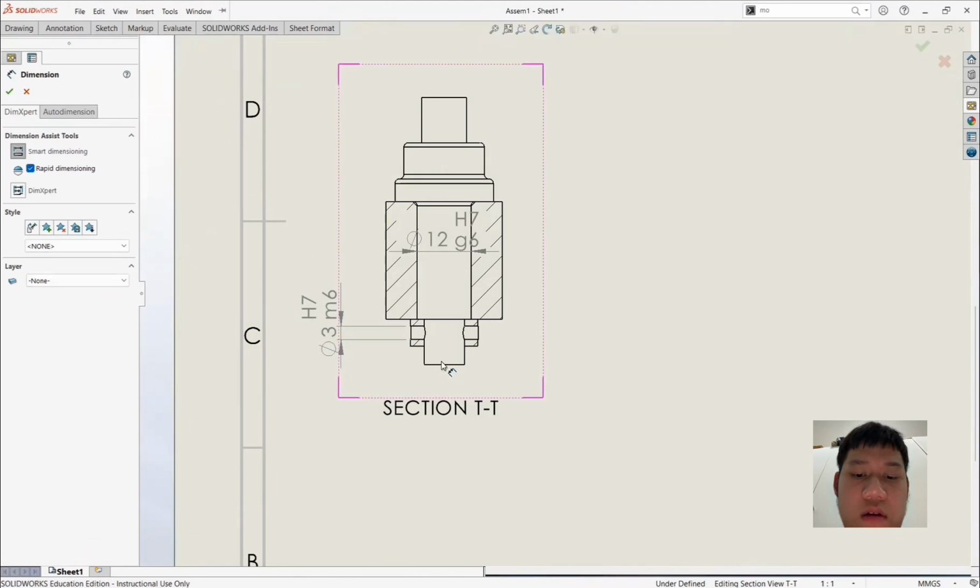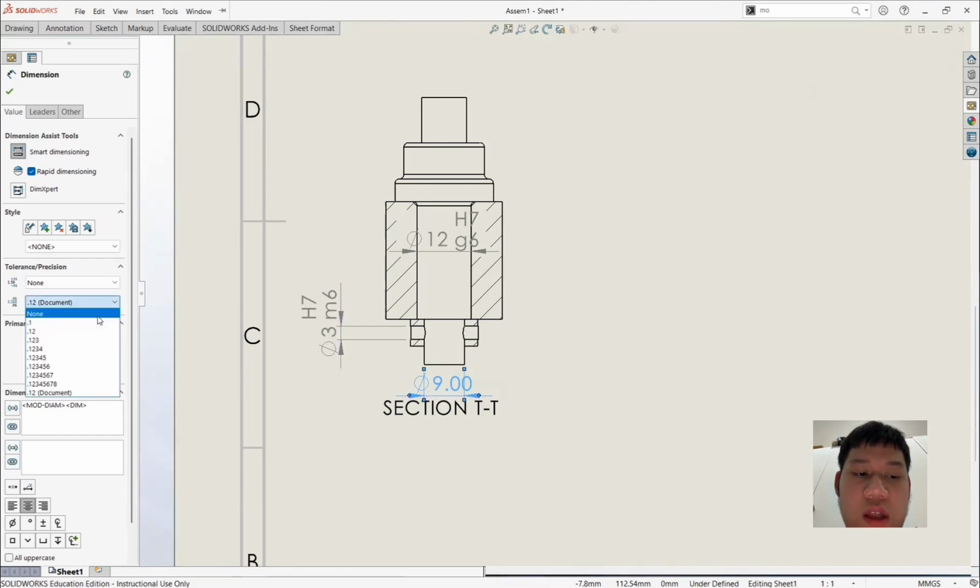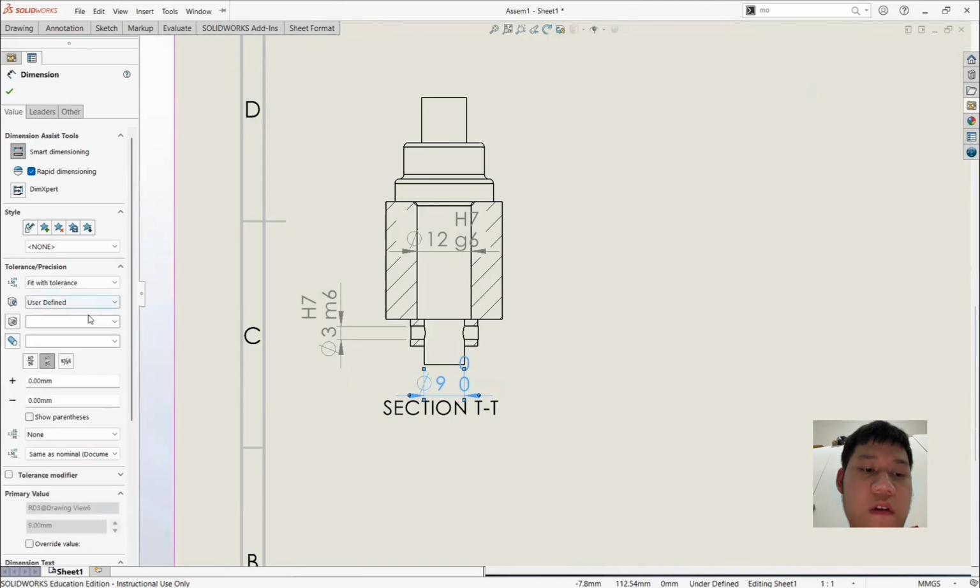Smart dimension. Okay, set at diameter 9. Set precision to none and set tolerance fit with tolerance and set tolerance at H7 and M6.